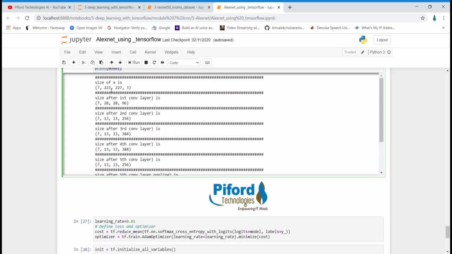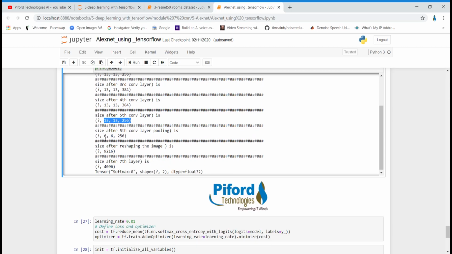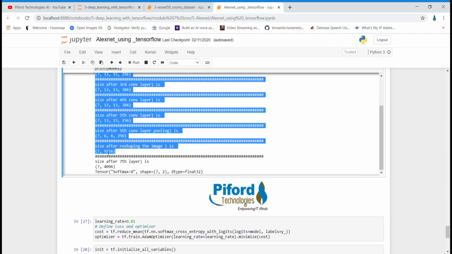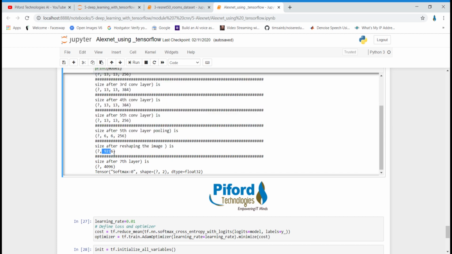Over here you can see what I have explained. Initially the size of the X image is 227 by 227 by 3, and after the first convolutional layer and max pool layer this will be the output, and after the second, third, fourth and fifth layers we get these outputs. Remember, after reshaping, 6 by 6 by 256 becomes 9216 pixels.